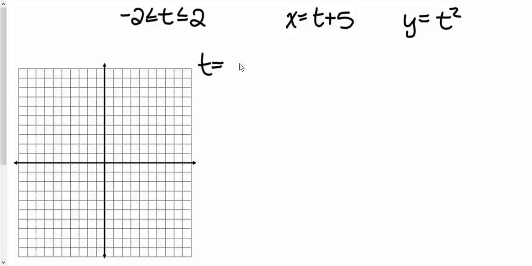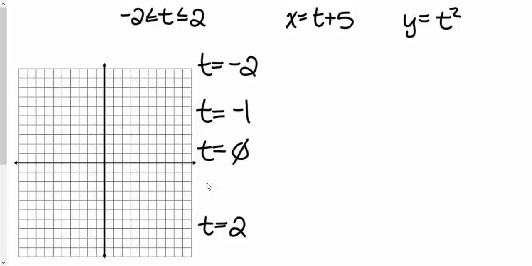So I want to choose t equals -2. I also want to choose t equals 2. And then I just want 3 points in the middle. You can choose anything you want. I'm going to choose -1, 0, and 1. Now all that's going to happen is I'm going to plug these values in for each of these and get